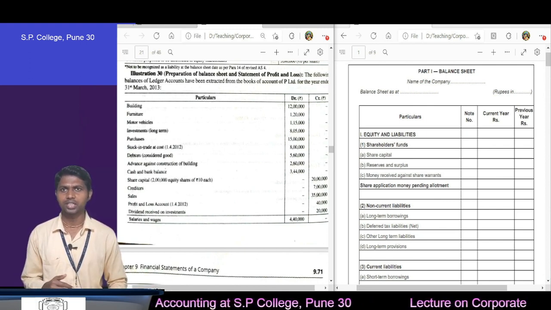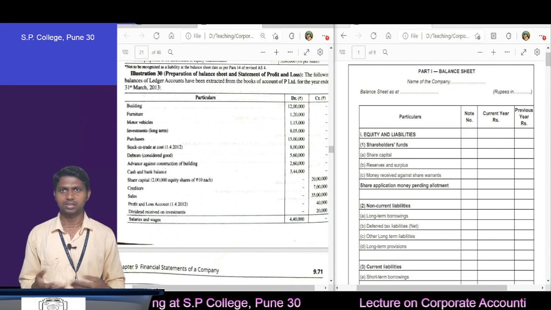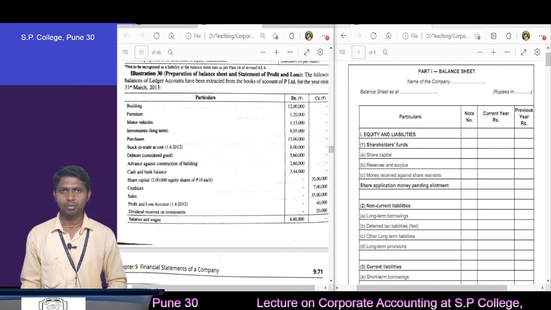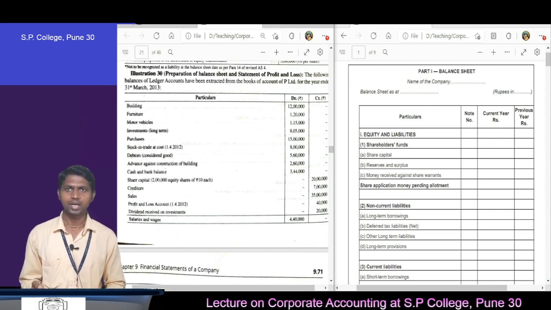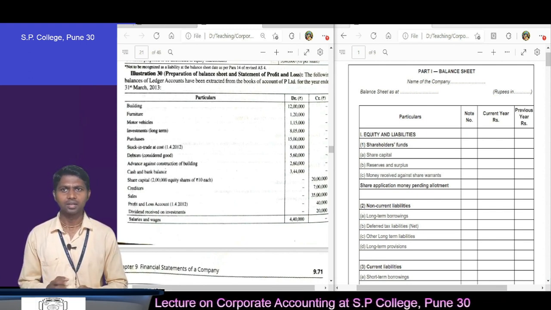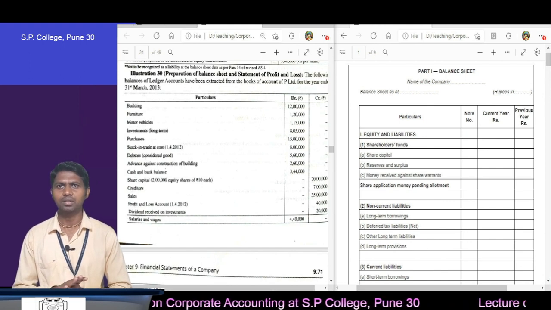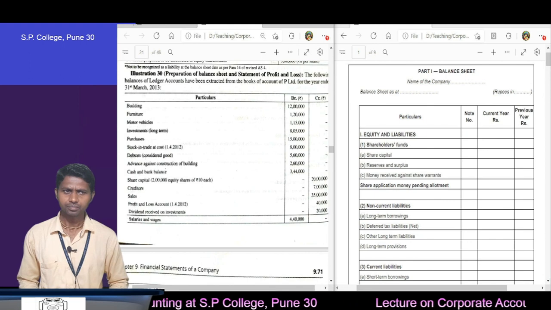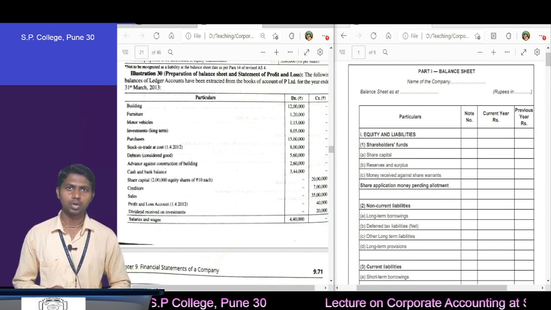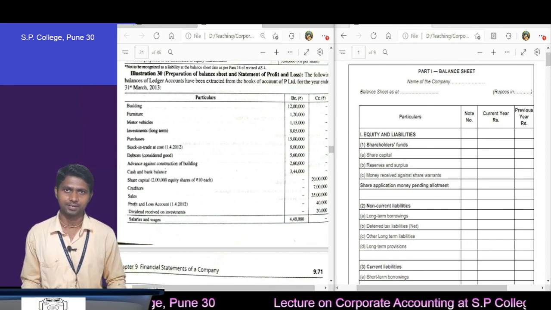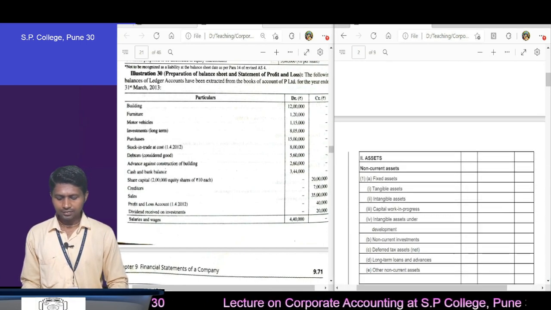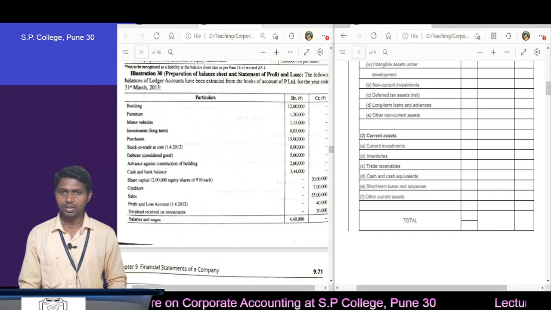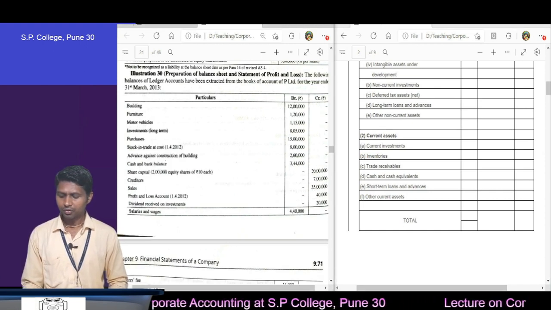In notes to accounts generally we draw all the notes. We do not read the problem and then specify which notes are required, which are not required. This type of exercise we do not do here. We simply draw all the notes. Which notes you should draw, that I have already explained. Correct. And then after drawing this format, you have to start with the balance sheet items, but before that just